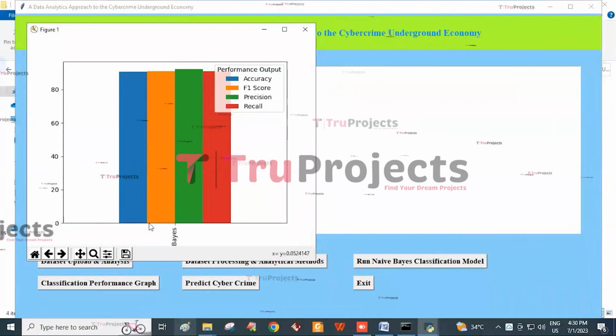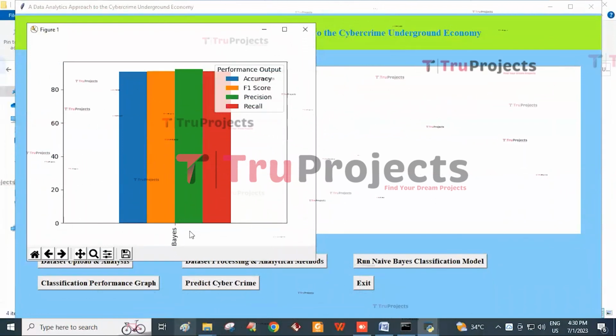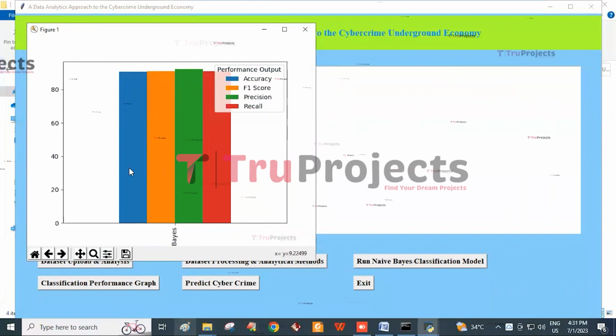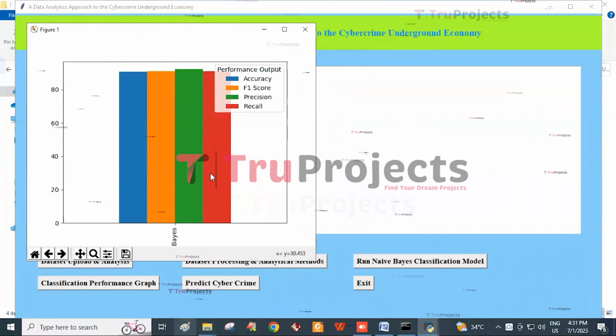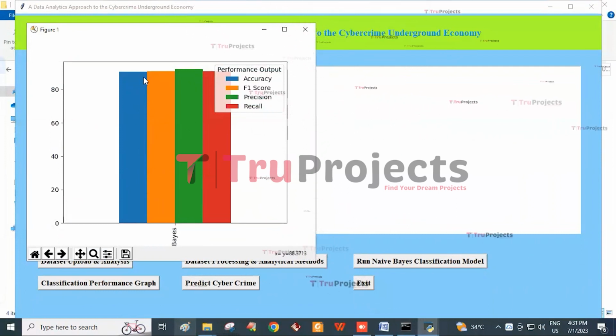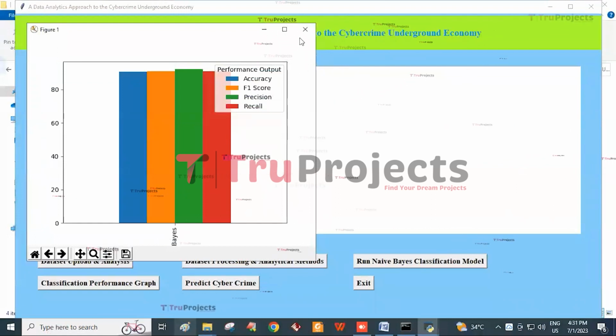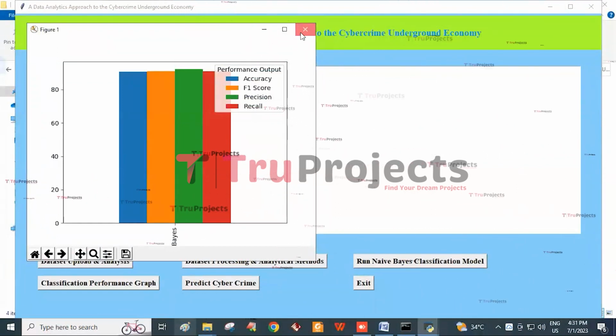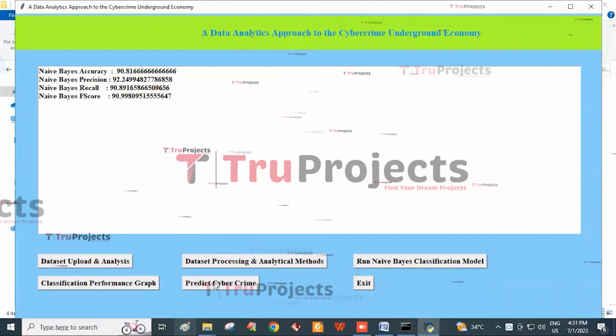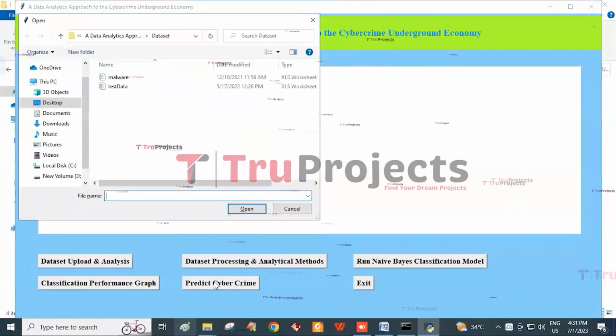In this graph the x-axis represents the algorithm we used, that is naive-bayes, and the different colored bars represent the different metrics such as accuracy, precision, F-score and recall. Here the blue bar represents the accuracy, the orange bar represents the F1 score, the green bar represents the precision, and the red bar represents the recall. Then close this graph and click on the predict the cybercrime button.